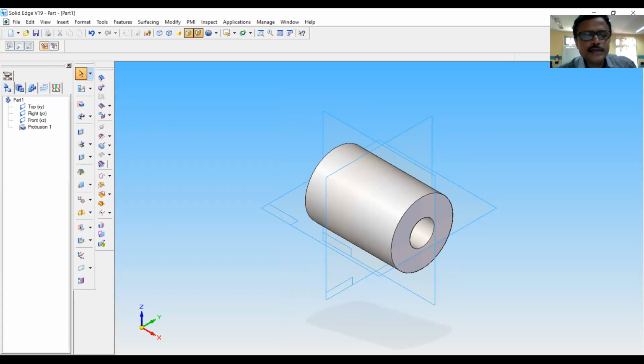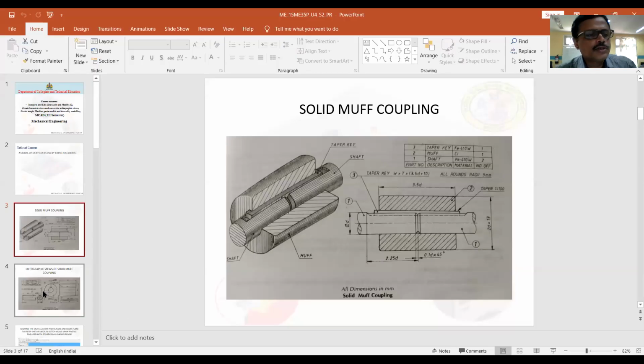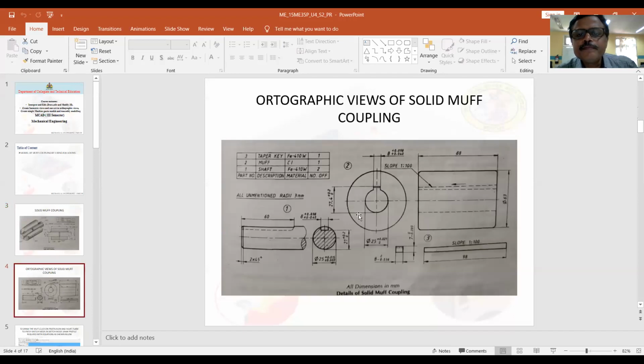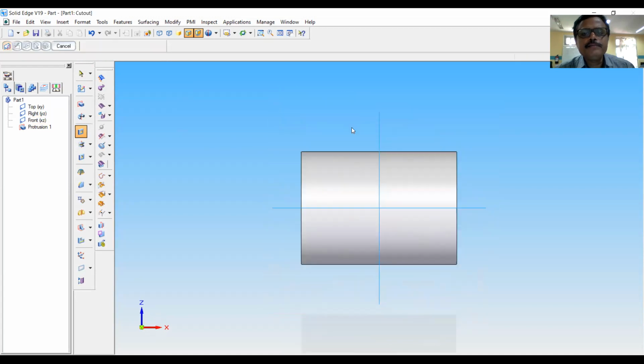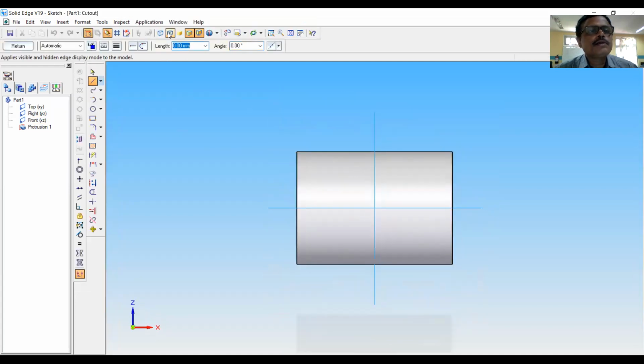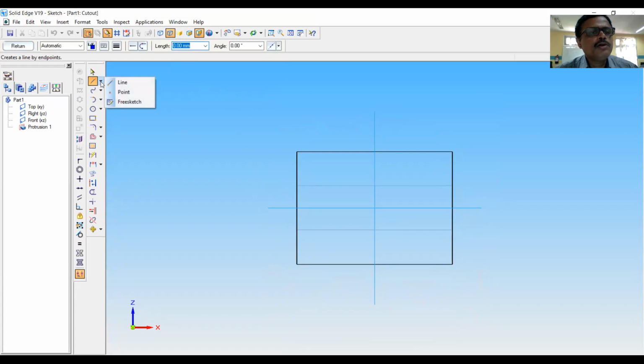Now there is this cutout which will be seen here. See, this is the keyway cutout and there is a slope of 1:100. This cutout we will do now. Go to cutout option, select the front plane. Here for our convenience, we will keep this in wireframe mode. Now do the cutout profile.